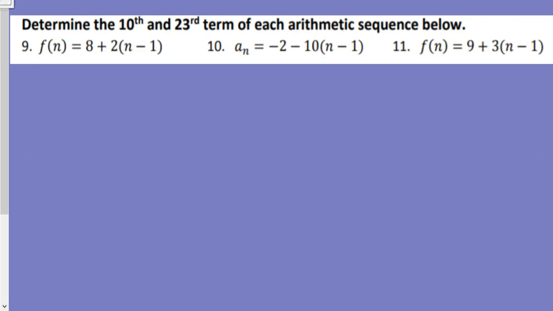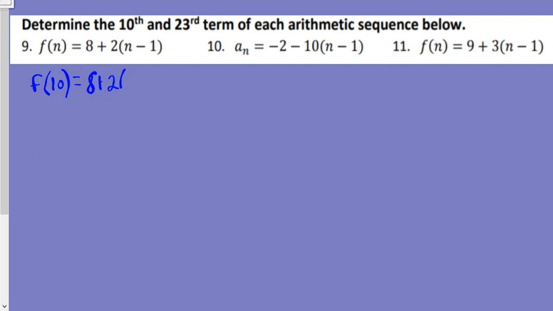Okay, for number 9, 10, and 11, let's determine the 10th and 23rd term of each arithmetic sequence below. I'm going to do number 9 with you, and then I'm going to let you do number 10 and 11 on your own, but you can stop and check. So if I want the 10th term, so f of 10,